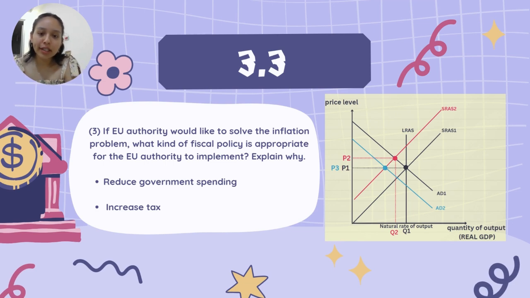Question 3.3 asks us if the European Union Authority would like to solve the inflation problem, what fiscal policy is most appropriate to implement? So we could implement a reduction in government spending and/or increase tax. Reducing government spending will result in less economic activity and thus less money in the economy. And increasing tax would decrease the disposable income and reduce household spending, which would